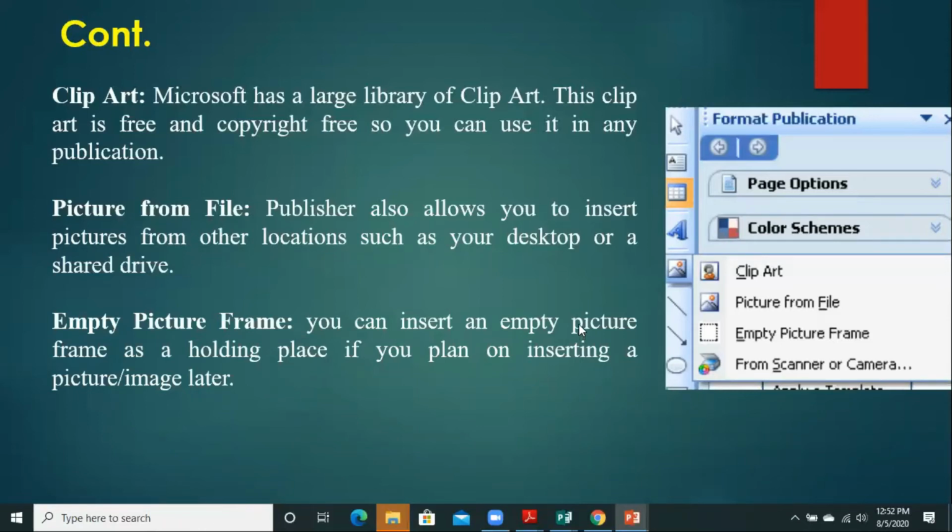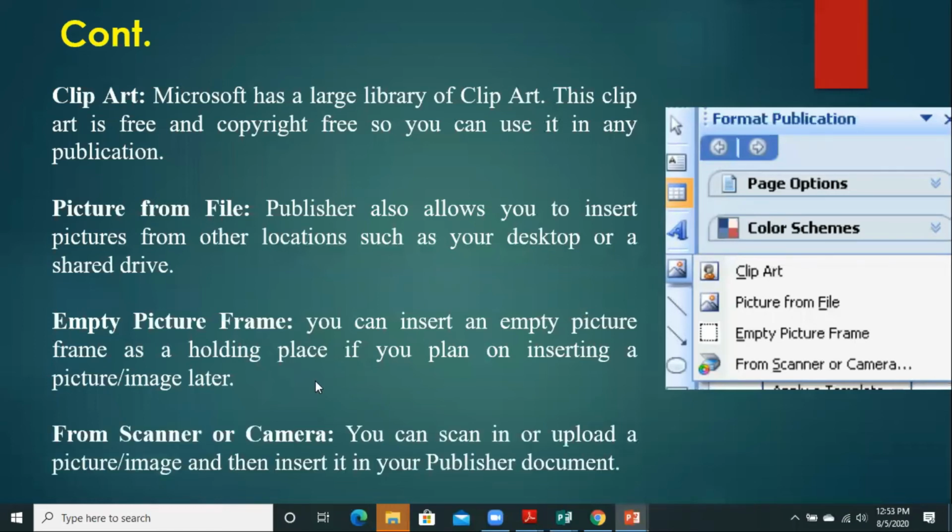The empty picture frame holds the space for you to insert a picture later in your work. And you can also insert a picture from a scanner or camera. You can just scan and then upload the picture